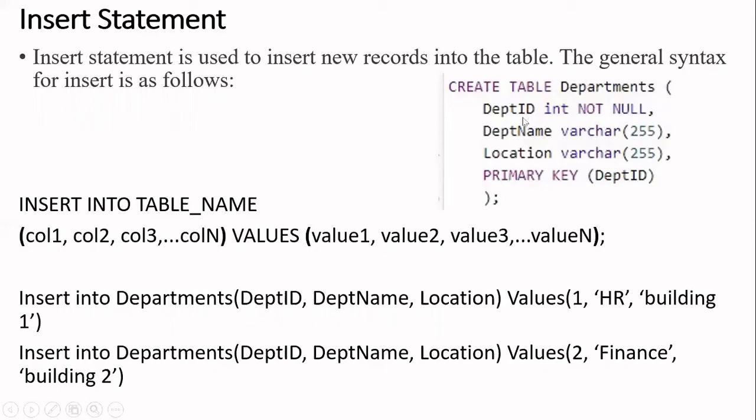Department. After that, column name, data type, and this is what we did not discuss in the last lecture. We have to write some constraint. So here we write the constraint as not null. Means what? Whenever we insert department ID, that field must not be a null field. There must be a number, always a number will be inserted in that table. So the first field is department ID having data type integer and the constraint is not null. Second is department name, data type is varchar and the maximum size is 255. Third column of the department table is location, again same data type and size.